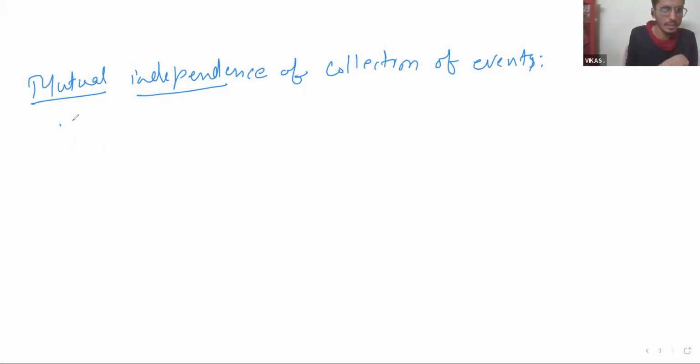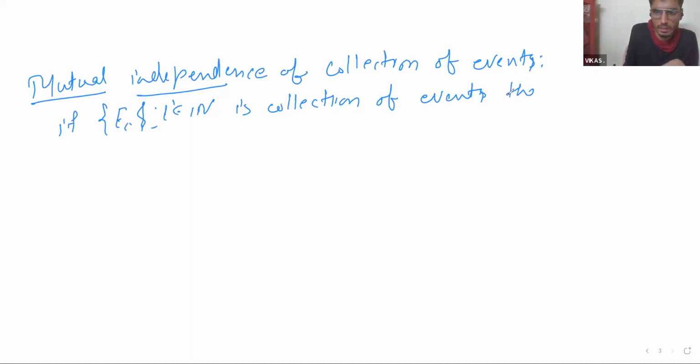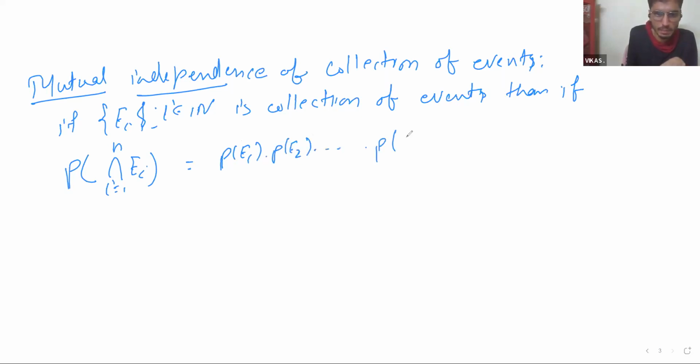It means, let me write, suppose E_i, where i belongs to an index set, is a collection of events. Then if probability of the intersection of E_1 through E_n is equal to probability of E_1 times probability of E_2 and so on, I'm just generalizing the definition of pairwise independence to any arbitrary collection.